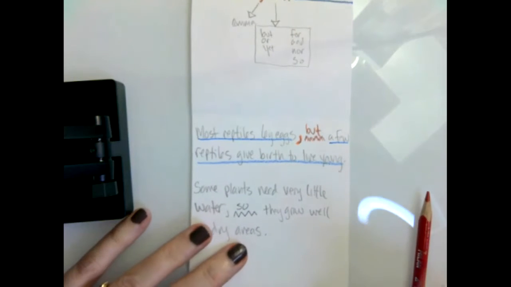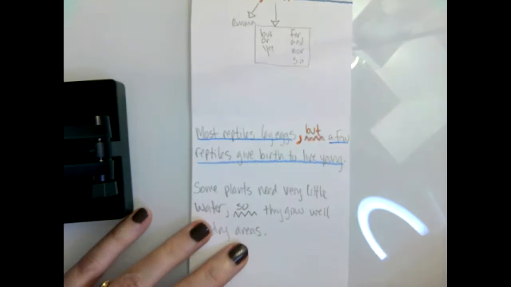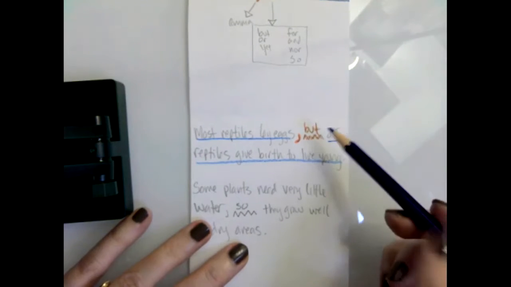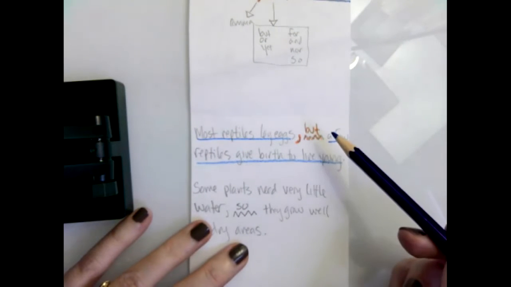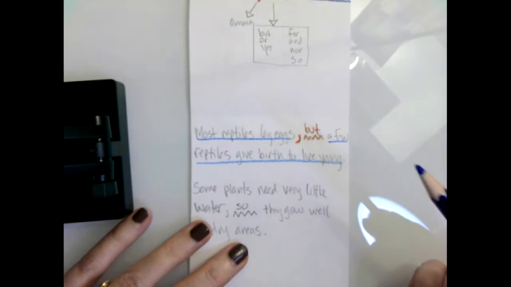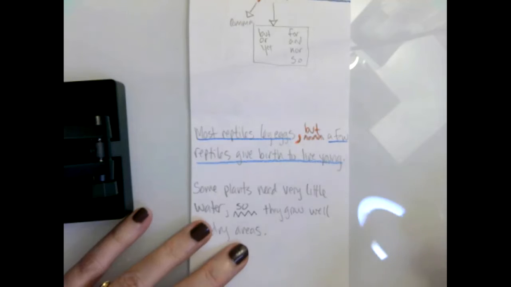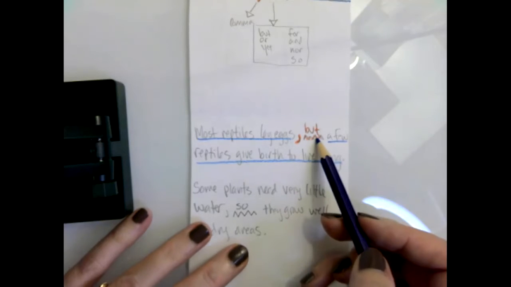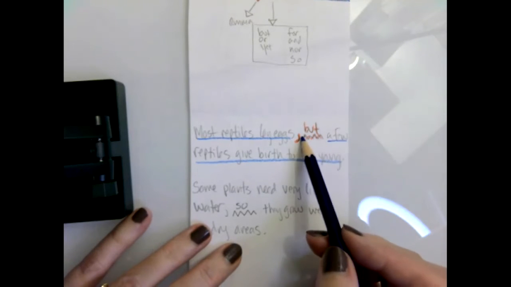Now, one way for a child to identify whether they're dealing with a compound sentence or not, because a lot of times they can get confused when these conjunctions are used to list or to discern between differences between things, and they're not being used to make a compound sentence, one trick that I've used with students is to say, hey, just go ahead and